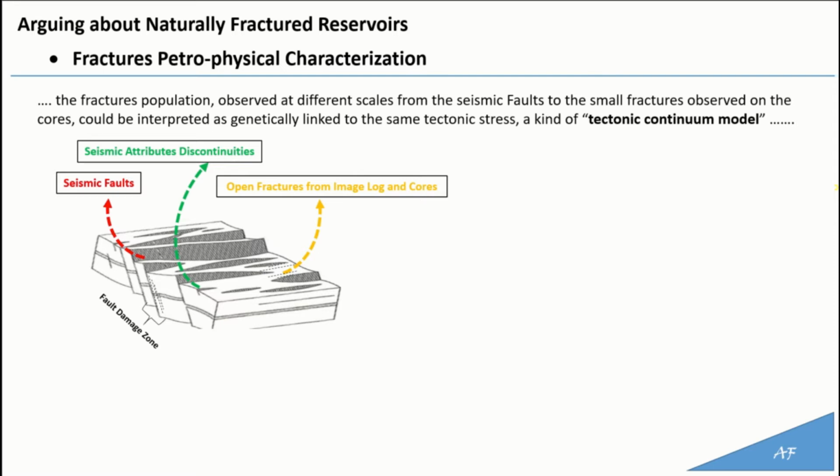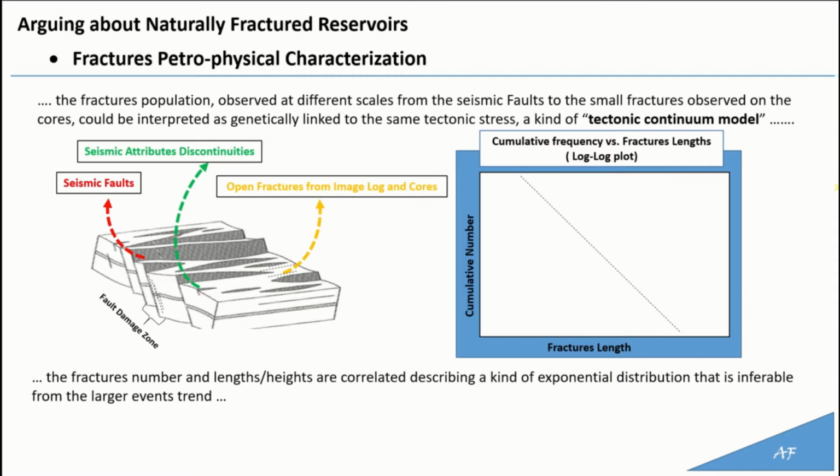The conceptual model could be that the whole fractures population is characterized hierarchically by smaller fractures representing a kind of damage zone of the larger events, and correlated for location, dimension, and intensity. So the speculative assumption could be that all these kind of discontinuities, large to small, belong to the same family,